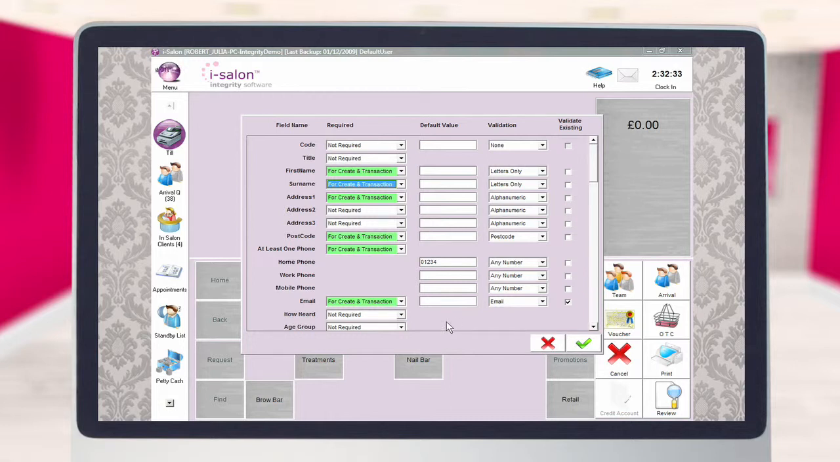The validation field is then used where necessary to ensure that the correct information is entered into the field. So in this example, the name fields have been set to use letters only, the address fields have been set to alphanumeric, allowing both letters and numbers, and the email address has been set to use email format only. The validate existing column is then used to indicate if existing client records also need to be taken into consideration. So in this example, the validate email option is selected so that iSalon will check that all existing email addresses are in the correct email format. Once you've specified your required settings, select the green tick to save your changes and return to the main iSalon